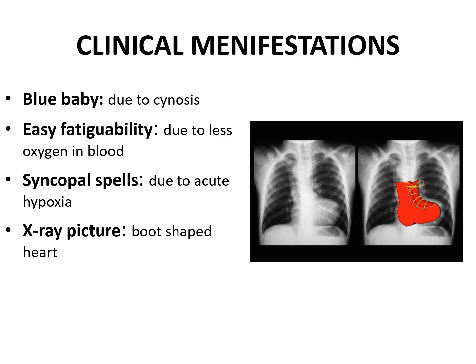Then whenever more oxygen levels are required, like in exercise or any work, the child will have acute hypoxia, especially to the brain, and it will lead to syncopal spells or syncopal attack. Means the child will become unconscious suddenly whenever he attempts doing something, some muscular work or some exercise, or even walking for a long time. So these are the clinical manifestations of the tetralogy of Fallot.